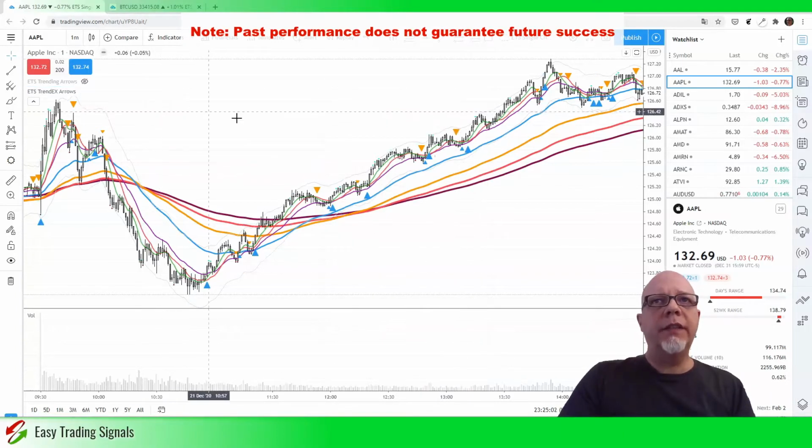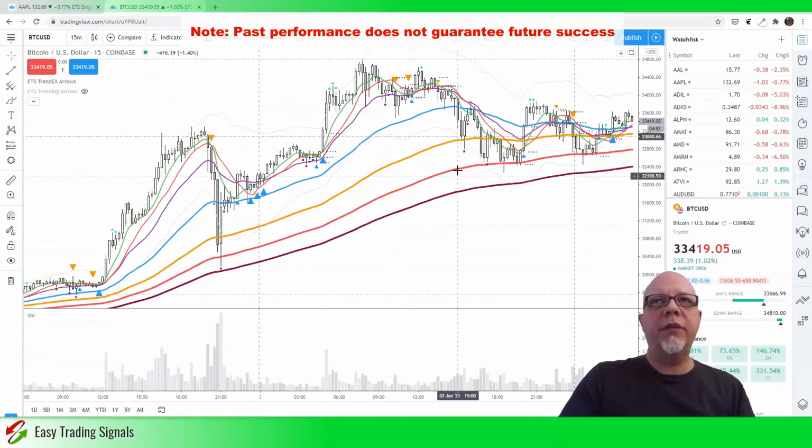So let's just contrast this very quickly. We're looking at Apple 1 minute, and of course it works with Bitcoin, crypto, Forex, everything else as well. So if you want to know whether you would have seen the recent monster move on Bitcoin using the Trend EX Arrows indicator, yes, it appears you would have been able to see